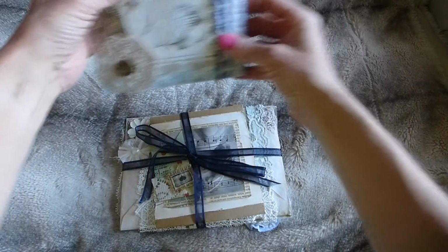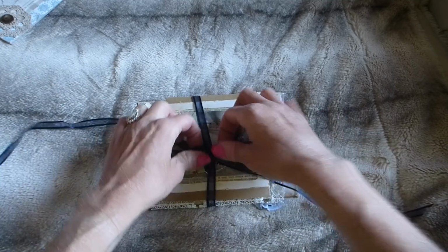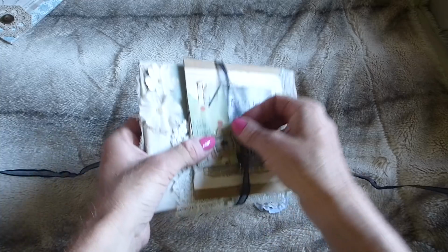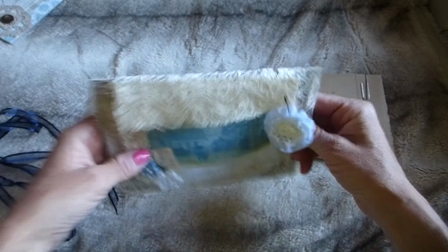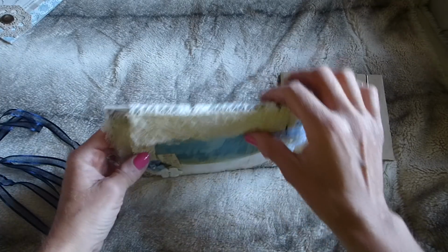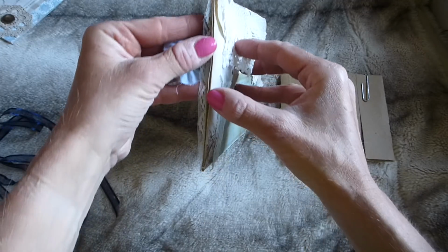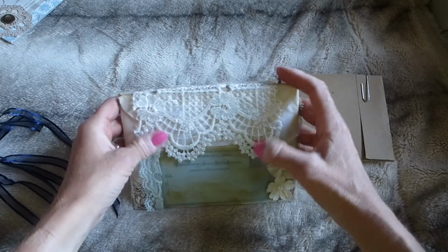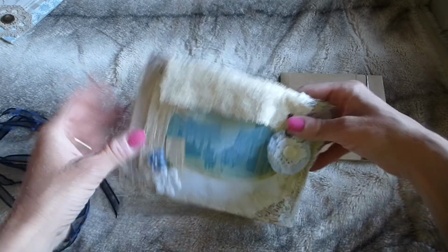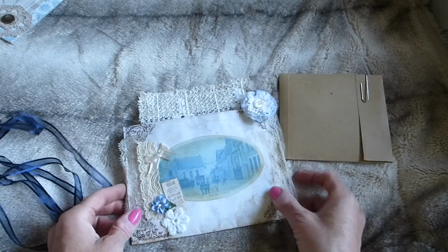So I shall do this kit here first. It's tied together with this gorgeous navy blue organza ribbon, and basically we have an envelope, well, it's actually two envelopes which I have stuck together to form a double envelope pocket thing. So this side here I've got one of my printables on here,